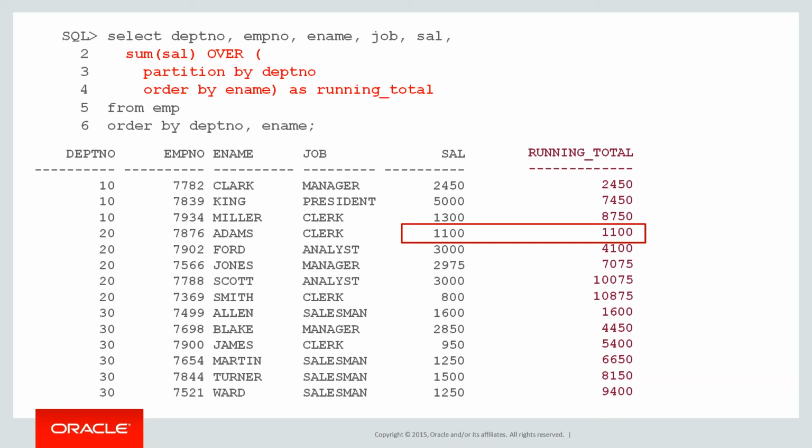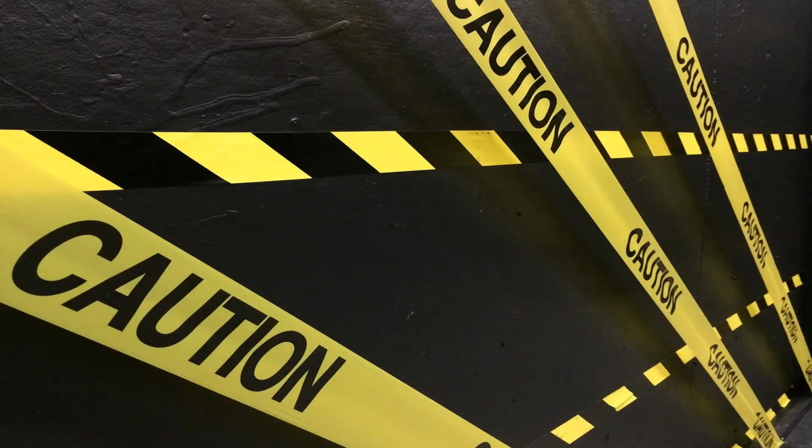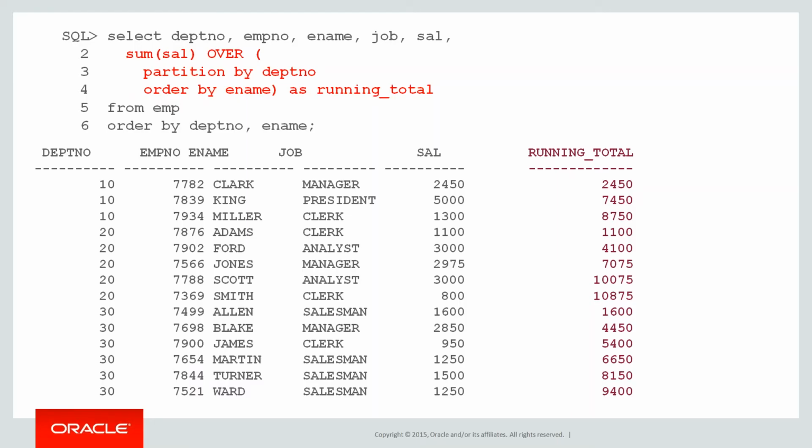It's simply a standard sum, just like your normal stuff: sum, average, min, max, etc. But the over word makes it an analytic function. A word of caution, very, very important. That result there looks reasonable simply because I've partitioned by department number and ordered by e-name in the analytic, and I've also ordered the whole result by the department number and e-name. And so the running total actually matches the nice layout of the actual query.